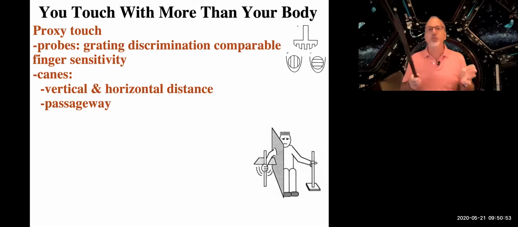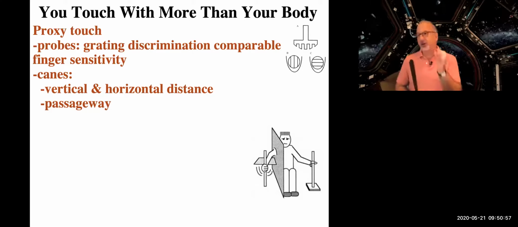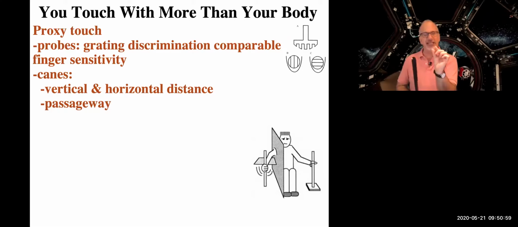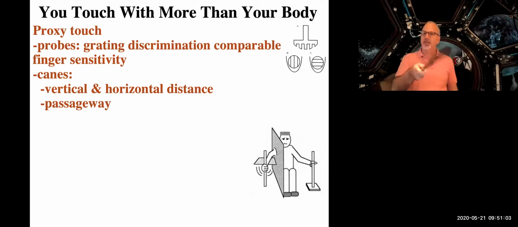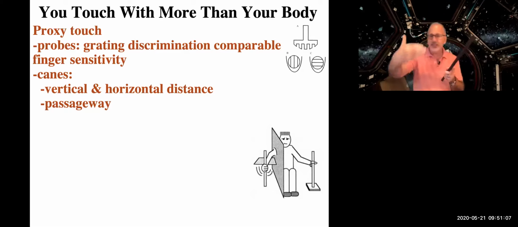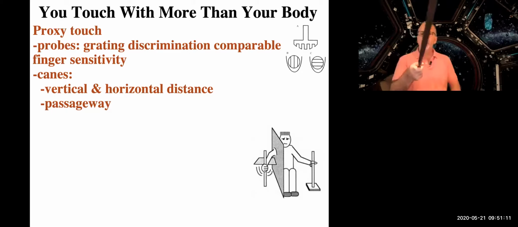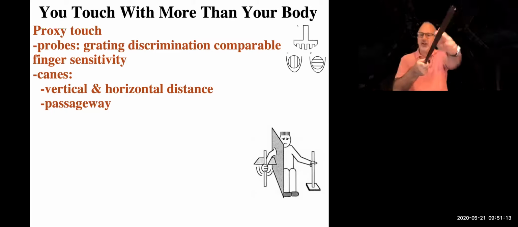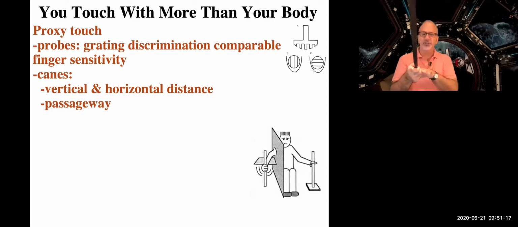If it's smaller, you would not be able to pass through it, at least in this orientation. And people are within an inch of getting that right, even though they've never been asked to judge a passageway by using a cane before. Again, all this really sophisticated detail comes through how the vibrations that are carried through an object come to the skin and also affect the muscles and tendons.